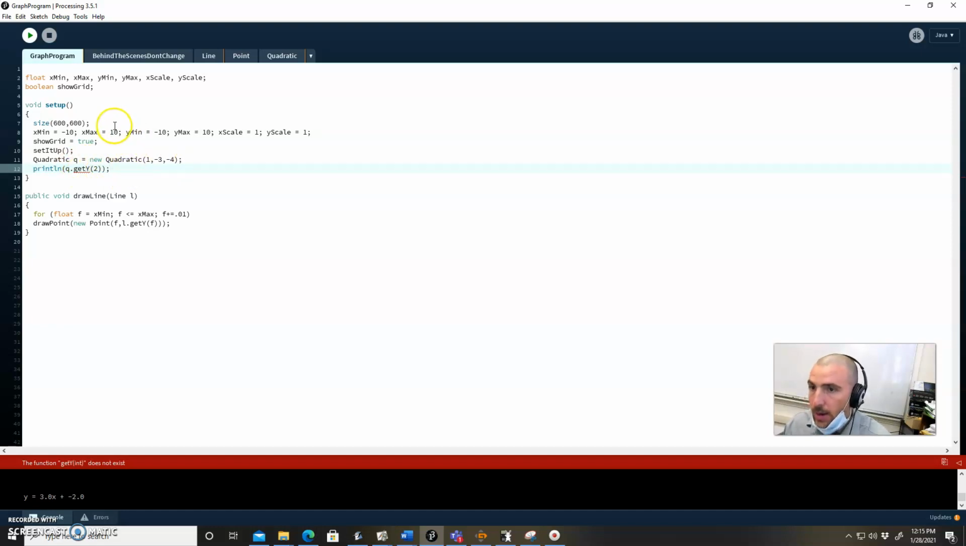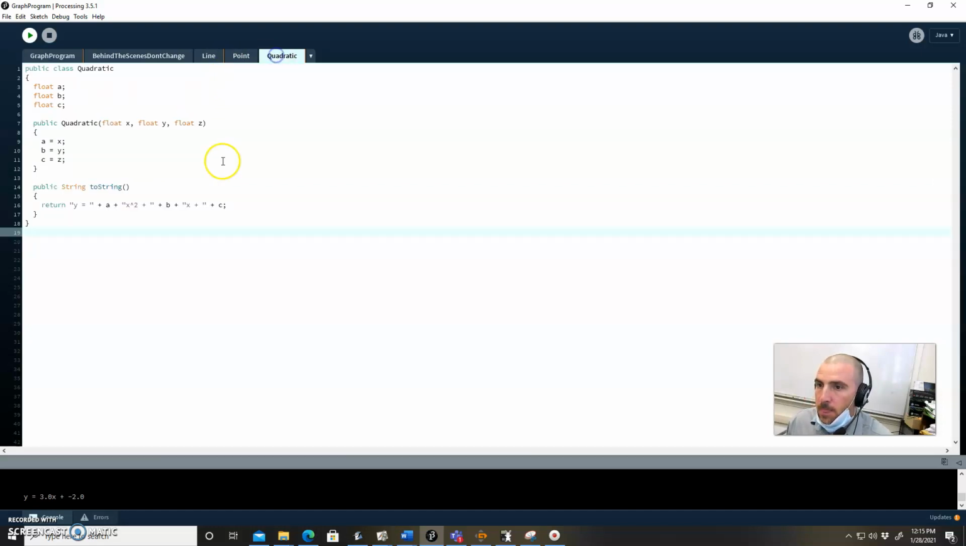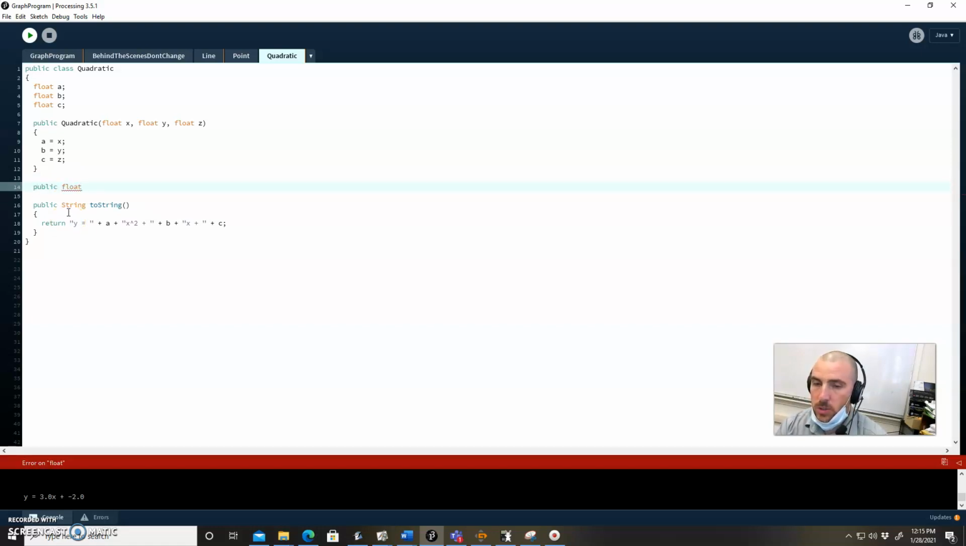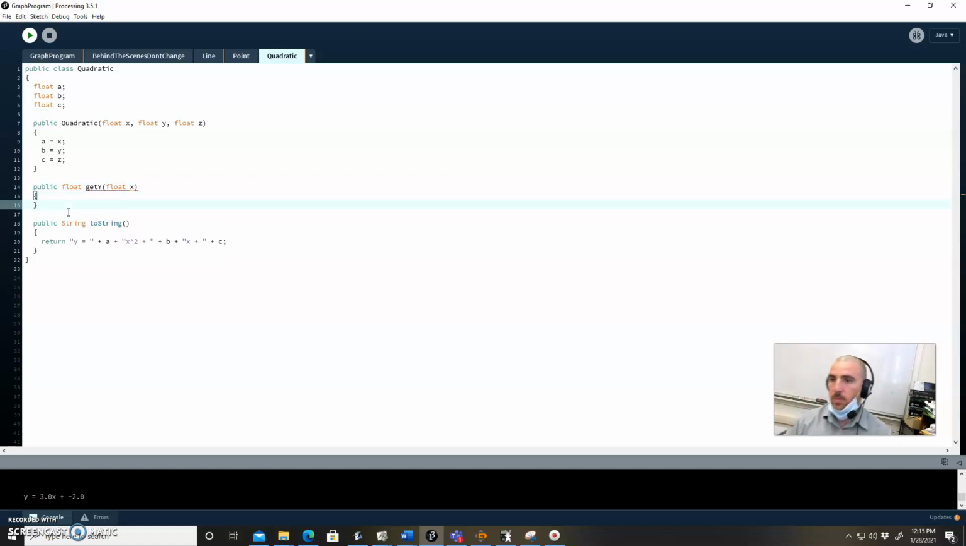Well, get y for a quadratic, similar to a line, but think about, that's what we're trying to do here, is get y. So getY is going to return a float, the y coordinate, and it's going to accept a float, the x coordinate. Okay, so for example, if you were putting in x equals 1 to a quadratic, you would square that value,